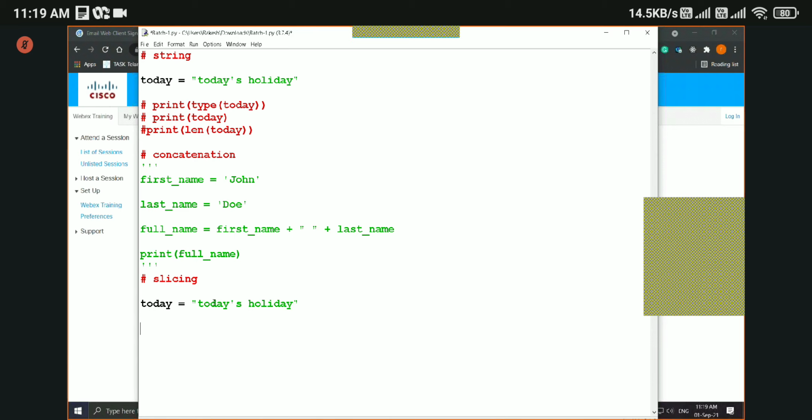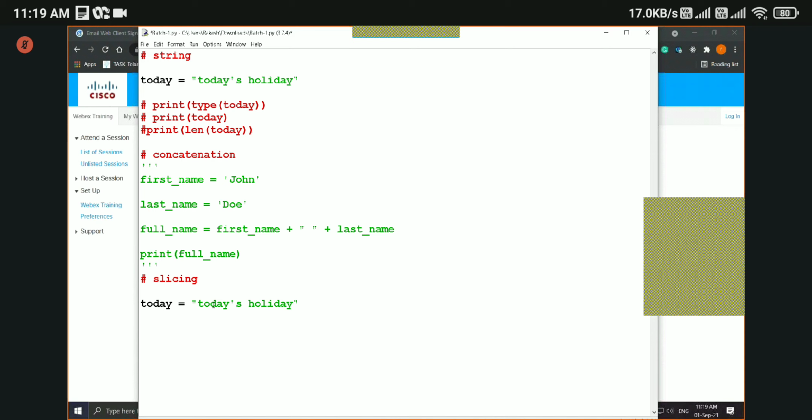So what happens is that this string, as you can see, has a length of, what was it, 14 or 15, right? 15 characters. So every character has an index number.